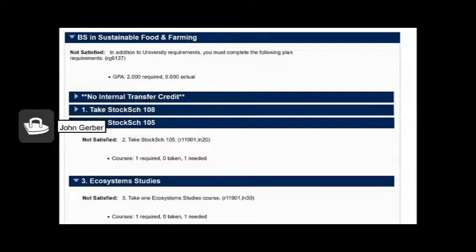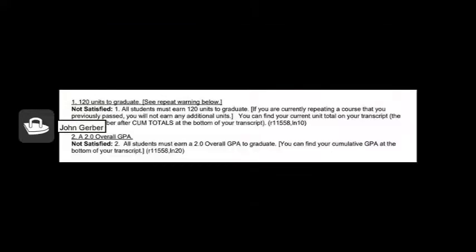The first version, the HTML version, will list your gen eds as well as the requirements in your major. You'll notice that if you have already taken a course, the little arrow here will be closed, meaning someone has already taken this Stockbridge 108, whereas if it's open, it'll tell you that it's not satisfied. What we're going to look at is where it says not satisfied and try to satisfy Spire to move you towards graduation. If you click on the link that opens up the PDF version, you get a much more usable